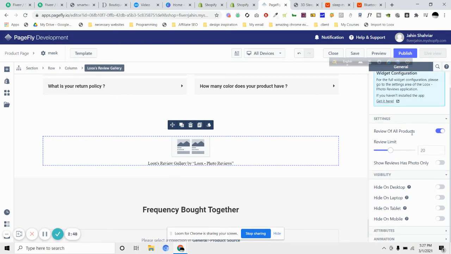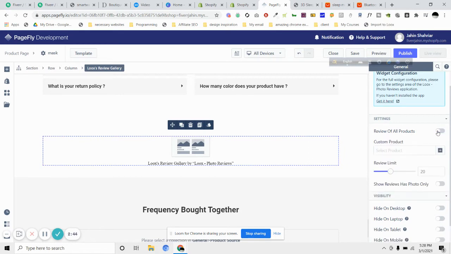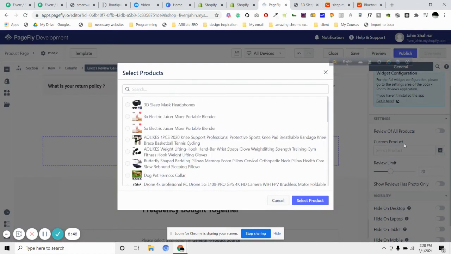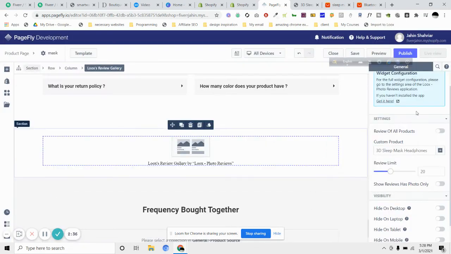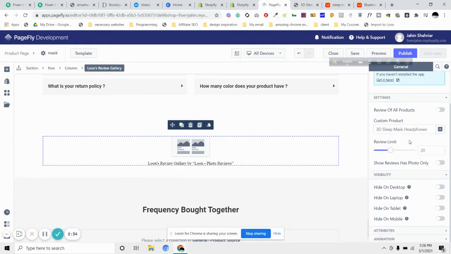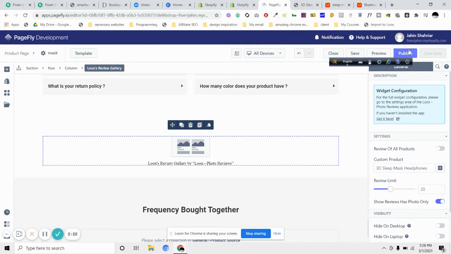For reviews of all products, we don't want to show reviews for all products, so we'll turn it off and click the custom product that you want to show. In this case I just want to show the reviews for the 3D sleep mask headphone, so I'll click on it. Then we can have a limit of 10 or 20 or 30. After that there will be a show more button, and we can also show only the reviews with images, so I will turn this on as well. Next we'll click on publish,